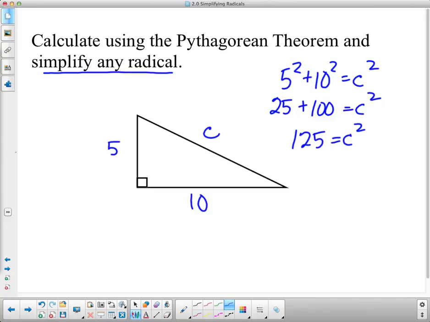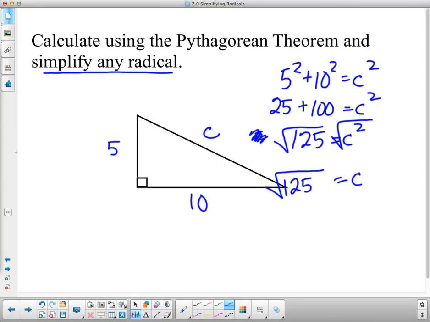So what's the reverse of squaring something? Square rooting it. Right, so technically you're square rooting each side. In Algebra 2, we'll concentrate on that it's positive and negative, but because we're looking for just a length, the negative's not going to make sense anyway, so I'm going to kind of skip that for the moment. So square root of C squared, that's C. Square root of 125,